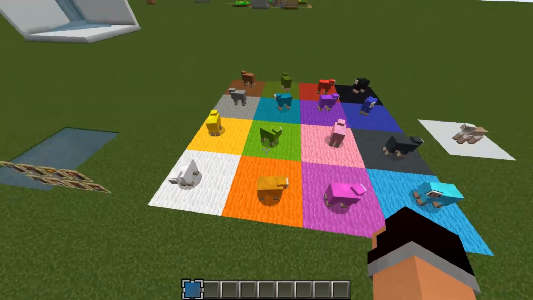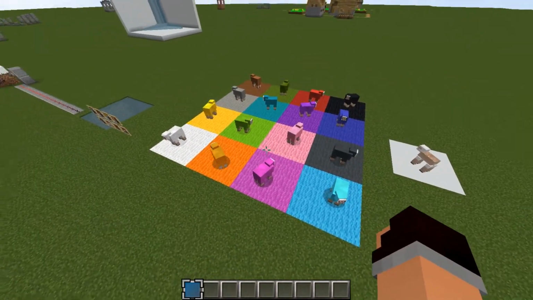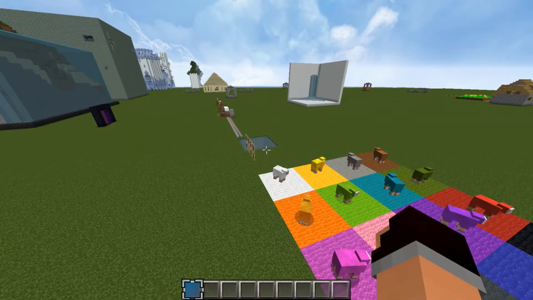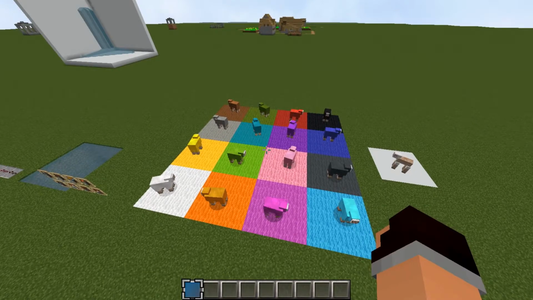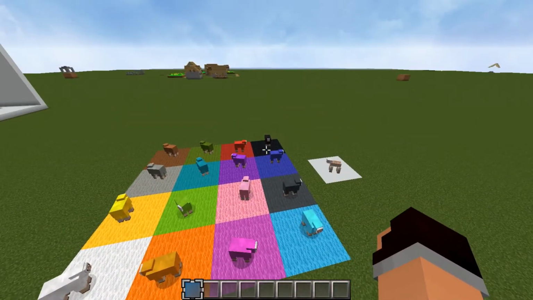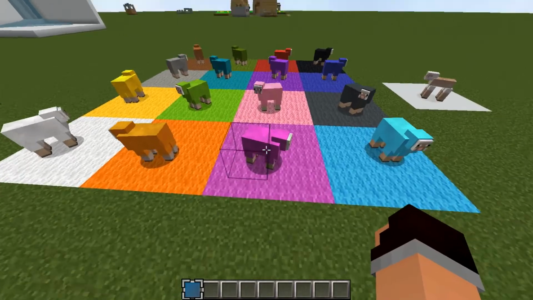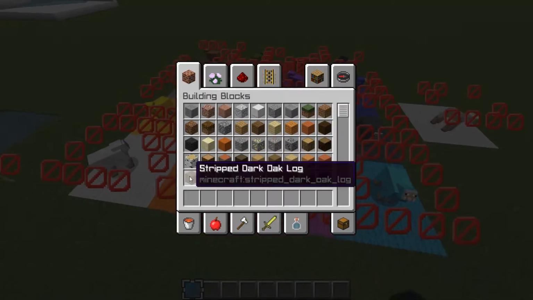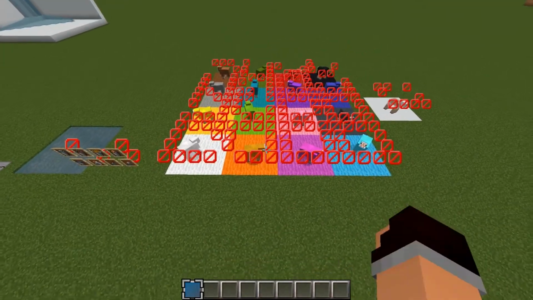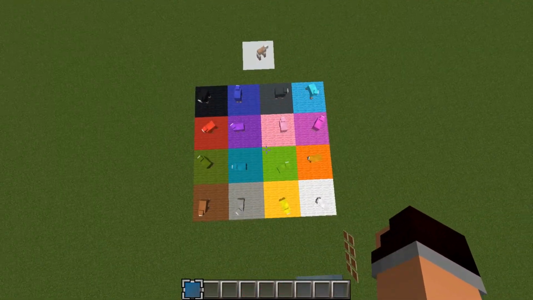Obviously, wool became a lot brighter and more saturated about 2 versions ago. Was it version 110? I think it was either version 110.2 or version 112.2. It made all of the colors a lot more saturated, but no one ever bothered to change the colors of sheep. I'm using barriers here, if you're wondering, by the way. That's how that's working. But yeah, all these sheep now are hopefully a lot closer in color to their wool